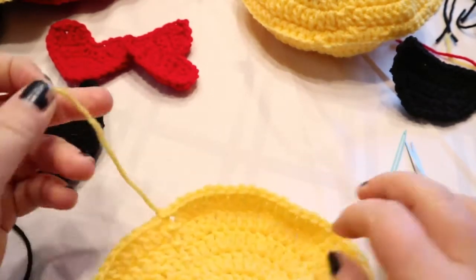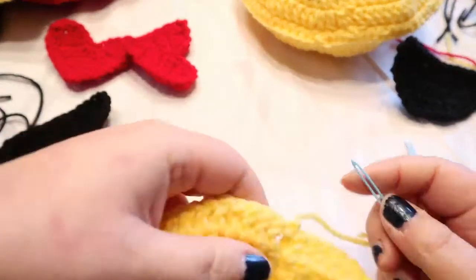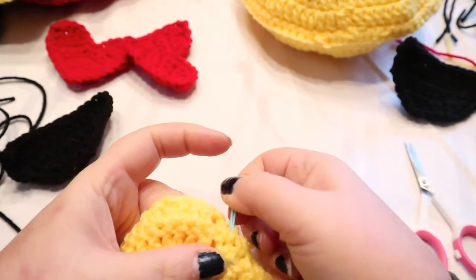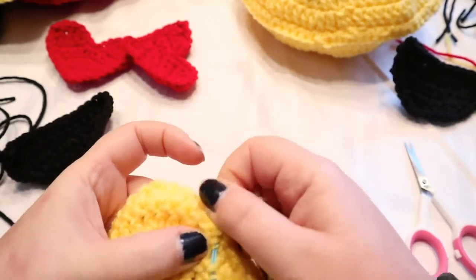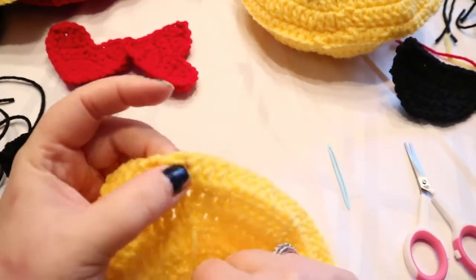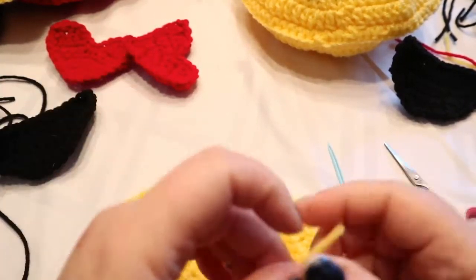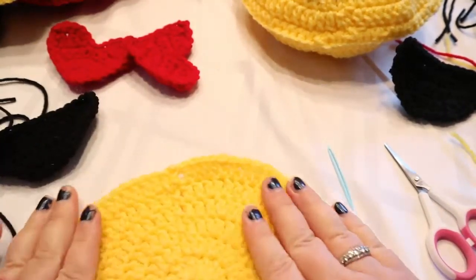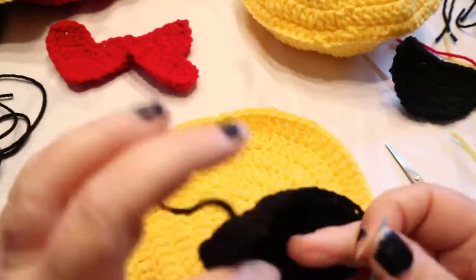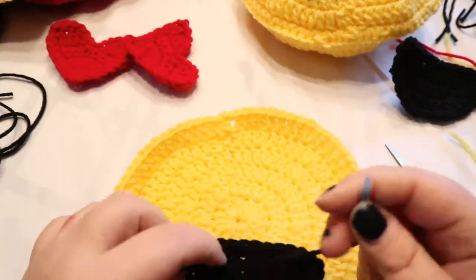It won't, it shouldn't, but I just take extra precautions because I'm anal. Like that. And I have to tuck this guy in. Again, it's going to be sewn together, but you know me. Okay, so I'm going to secure the mouth with my little,